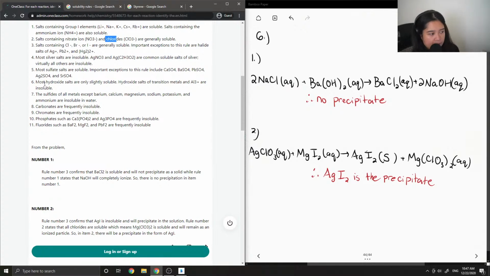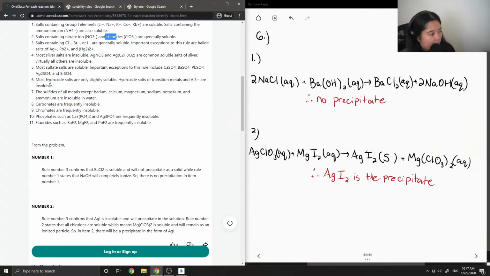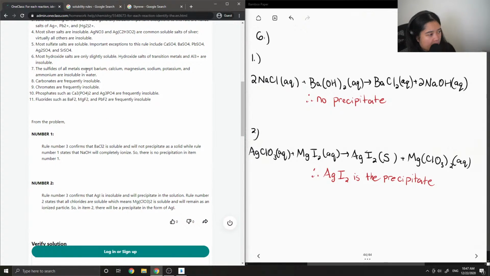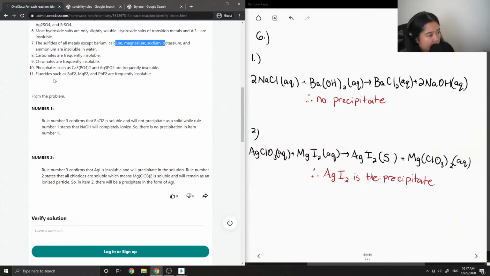Most hydroxide salts are only slightly soluble. And the sulfides of all metals except barium, calcium, magnesium, sodium, potassium, and ammonium are insoluble in water. Carbonates are frequently insoluble. Chromates are frequently insoluble. Phosphates and fluorides are frequently insoluble. For the problem,